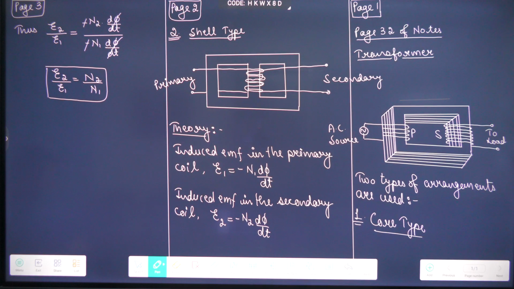Let E be the EMF applied to the primary. By Lenz's law, the self-induced EMF E1 opposes E in the primary coil. Resultant EMF in the primary. So if the EMF applied to the primary means the EMF of the voltage source is E, then the resultant EMF in the primary is